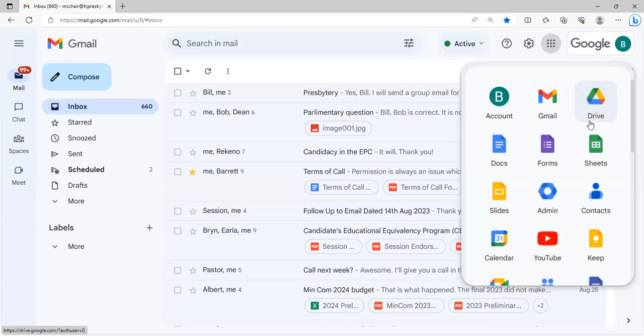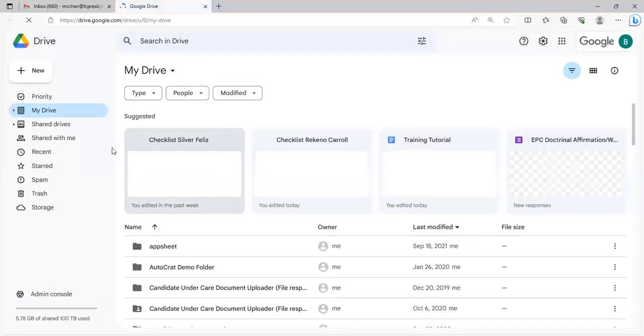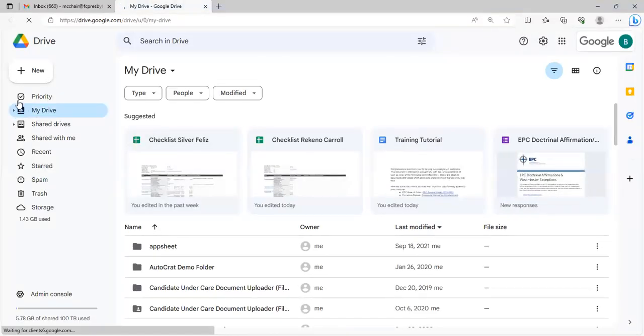These have been organized under Drive up here, and I'm going to click that. And now Drive is open. You want to pay attention to the left column over here under the word Drive. In that list, you'll see a list of items that you might have labeled as priority items. But first would be those that are in My Drive. My Drive includes the files that would be under the entirety of FC Presbytery, but we want to go to